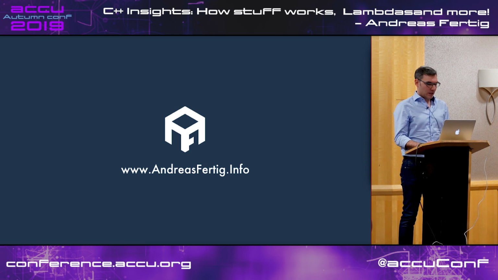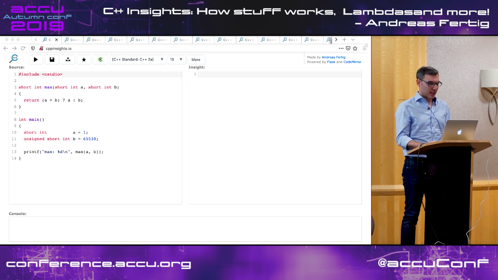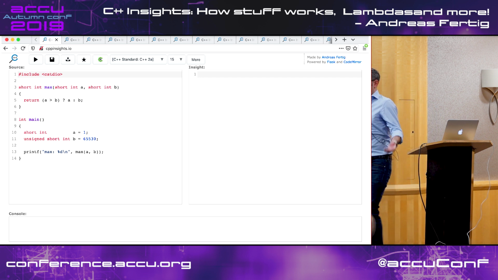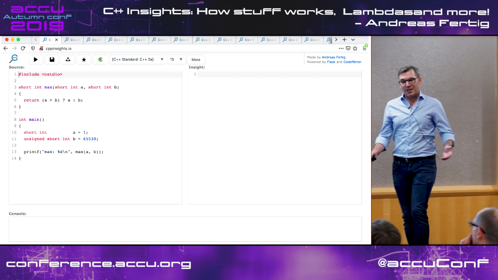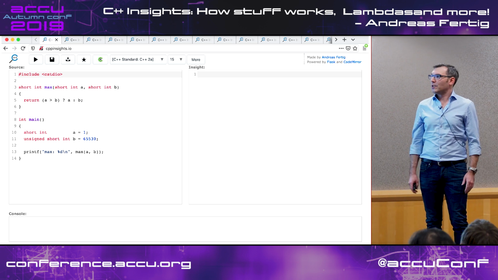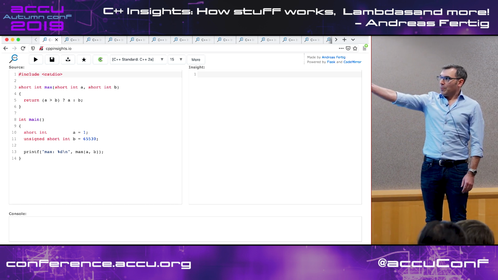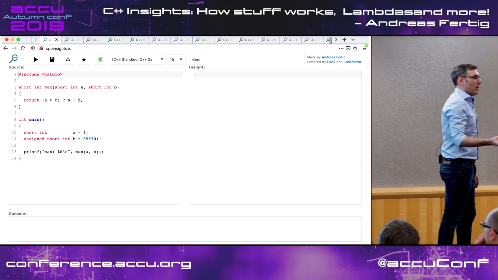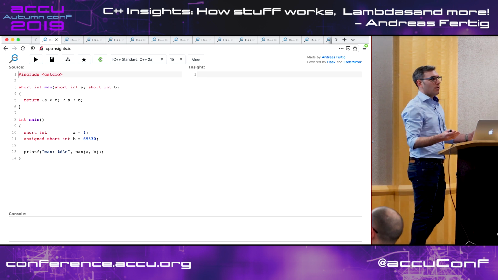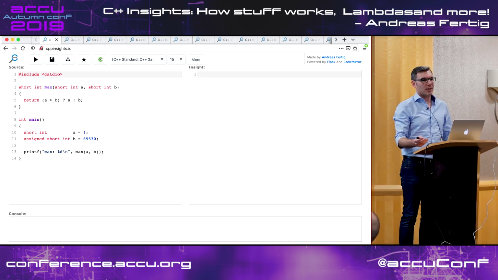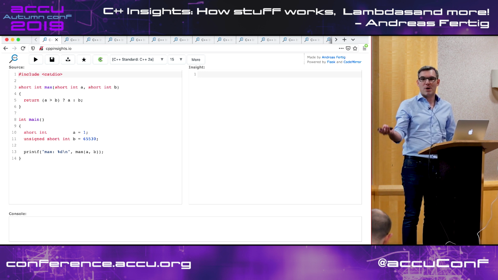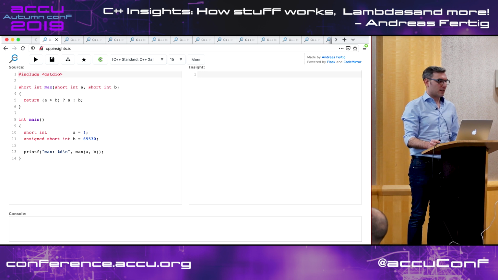So, let me introduce you to C++ Insights. This is the web front end of C++ Insights. You can use it as a command line tool under Linux, on the Mac, and potentially under Windows, but I never did personally, so it's just an executable which works. You put in your code on the left side, and you get on the right the transformation the compiler does for us internally. So it's a Clang-based tool. It uses the Clang AST, and it sees all the things Clang adds to this AST during parsing time. And with that, if I transform this,